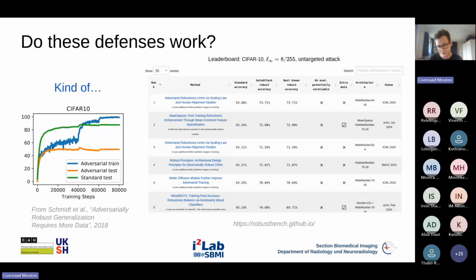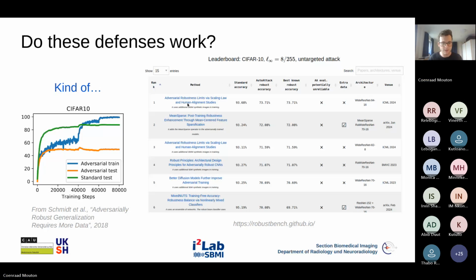So one way of mitigating this phenomenon of robust overfitting, people have figured out, well, we could just throw more data at the problem. So what people do is they generate more CIFAR-10 images. They use things like GANs or diffusion models that Prof. Marley mentioned in the previous talk, and they just generate more training data. And if you train your model with more training data, then we can make it more robust.